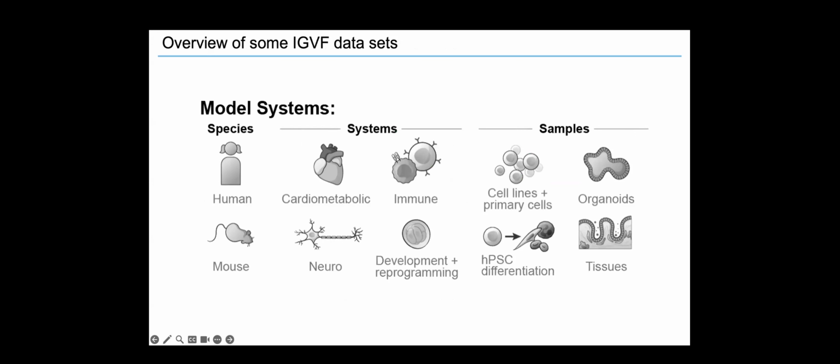So toward the goal of understanding the impact of variation on function and phenotype, IGVF projects include single-cell mapping, genomic perturbations, and predictive modeling. And the projects use many different model systems, some of which are shown here. I'm now going to share very brief example projects to help explain the scope of data and predictive models that IGVF is generating.